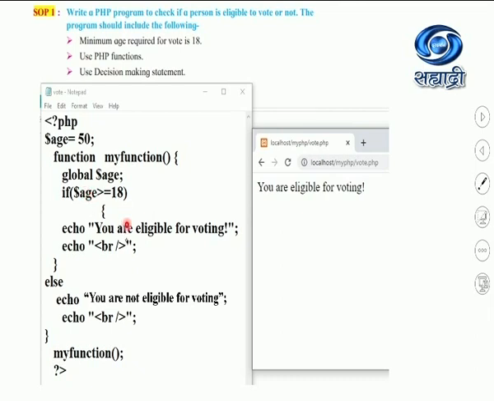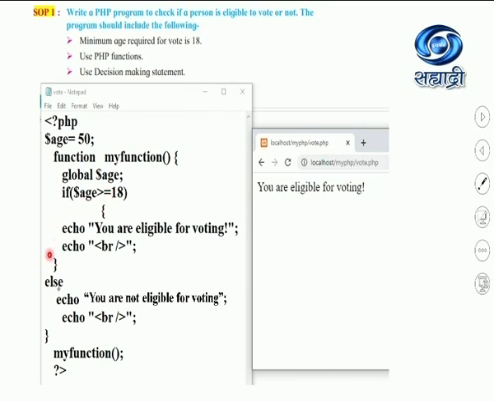If it is greater than, I am printing by using the echo statement, you are eligible for voting. Students, while writing a PHP program, always take care that you are writing this semicolon. If this semicolon is missing or even the ending double quote is missing, then your interpreter will give an error to you. Here I am using the break statement to go to the new line.